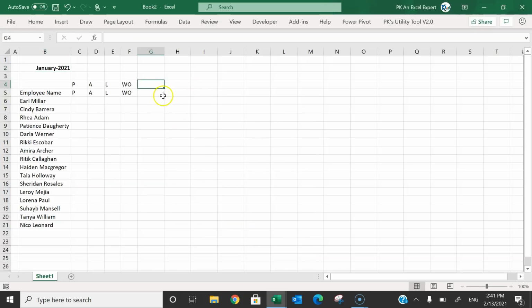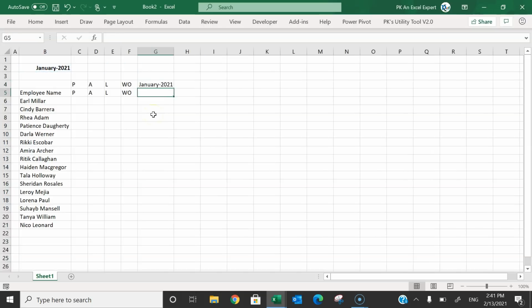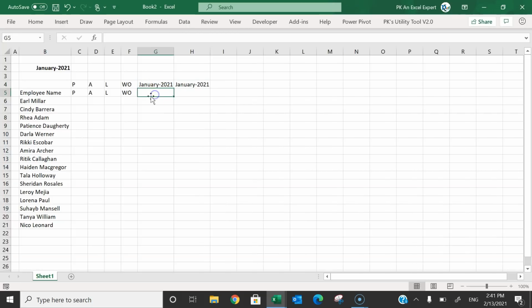And now here we will put the dates. So for this one we will put equal to this date, and here we will put this plus 1. Alright, and now in the second row we will put the TEXT function, and we will select this cell, and here we will put DDD. So we will take the short day name. It is giving Friday, and copy this and paste this here. It is Saturday.